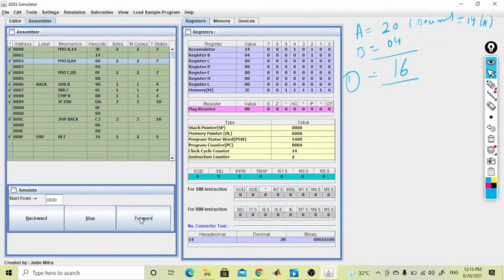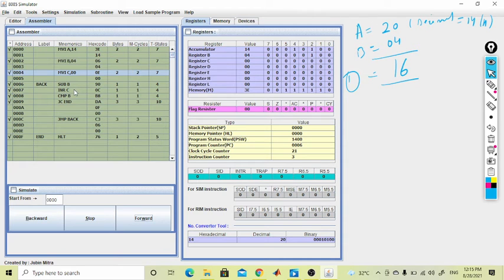Now again we move forward. Now we are using the C register for counter purposes, and we are starting from 00. So check, C is 00.